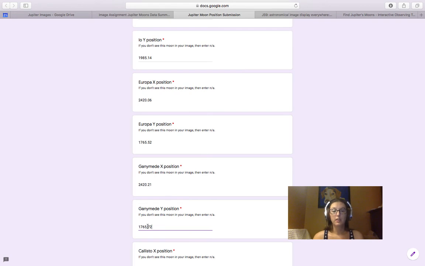Now you'll see that these are really very, very close to each other. So it's a difference of a fraction of a pixel is essentially what it's giving me. So the x position for Europa is 2420.06. Ganymede is 2420.21. But that fraction of a pixel is still very important. We're going to need and utilize that. So now that we've gone through and